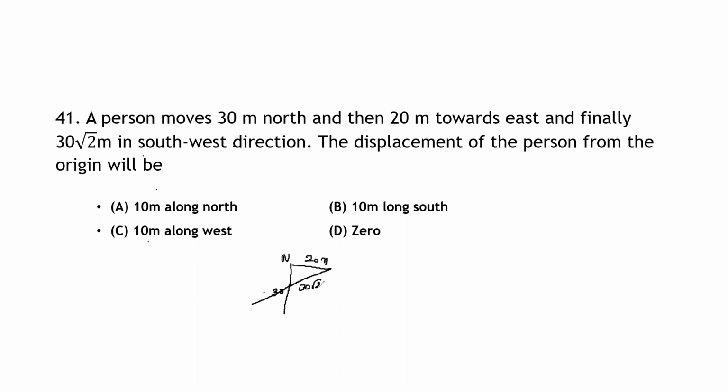Okay. The displacement of the person from the origin will be... So from here the journey started, means this value you need to calculate. If I name it as O, this as A, this as B and C, CO value we need to calculate here. So how to calculate the value of CO here? See, displacement of the person in south direction. I will take it as S1 is equal to